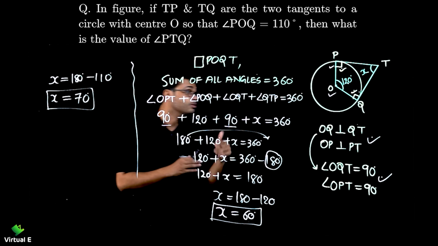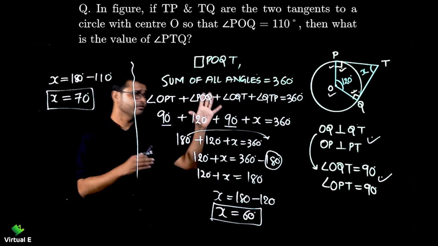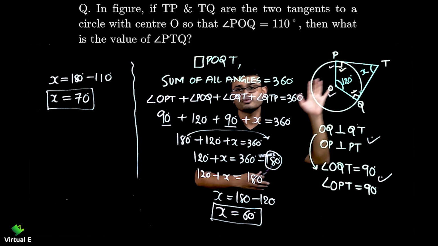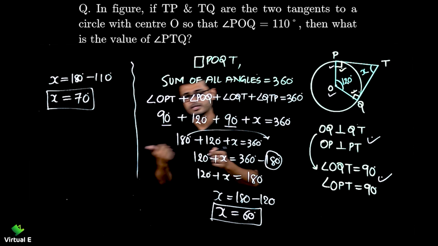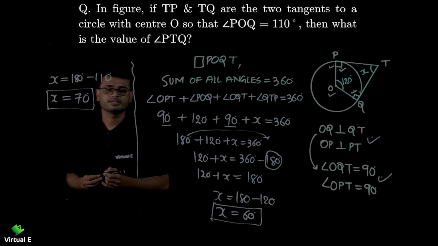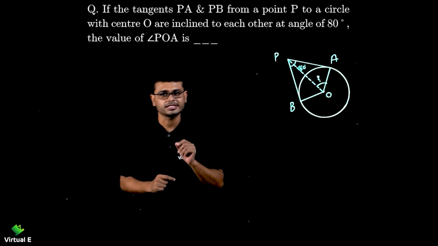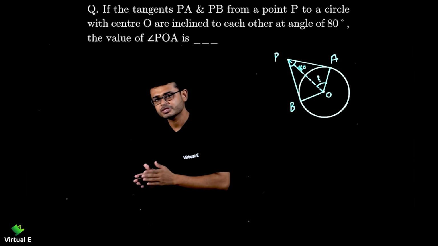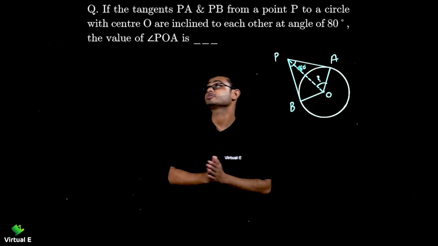We are going to do 1 or 2 extra questions as well, to find the angles. We are only concluding this topic, that when any of these opposite angles is missing, right? If something is missing on this side, then we need to do some other calculation. Let's discuss that. So this question is related to the previous one, just a little extension. We can solve it in the same method like we did in the previous question, right? And we are going to do one more extra step. Let's start the question first.